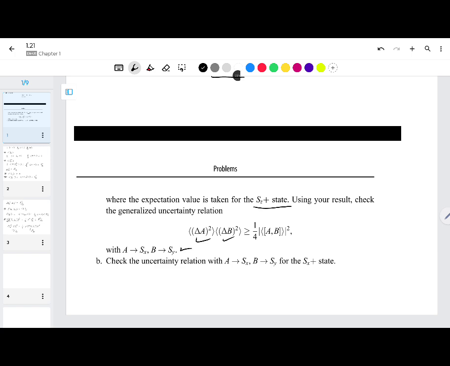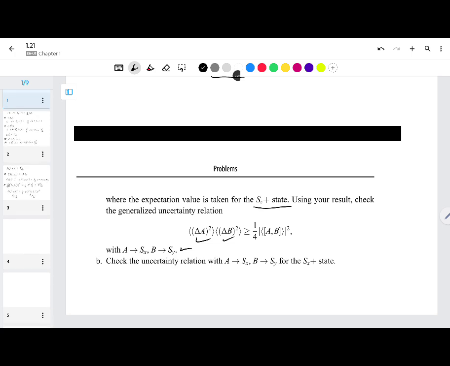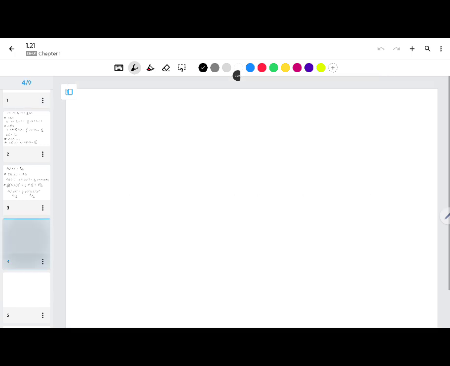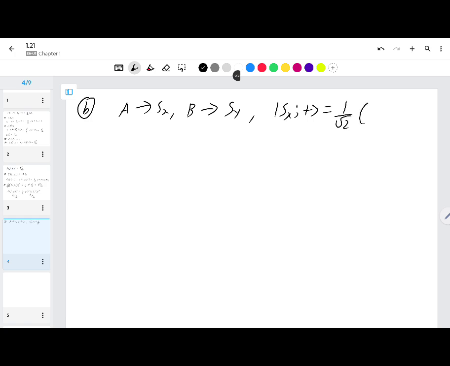Now we can check again, but this time the states are different. Okay, so for case B, A is Sx, B is Sy, but the states are Sx plus, which is nothing but superposition of this. So when we calculate the variance, there shouldn't be any variance. One can guess that